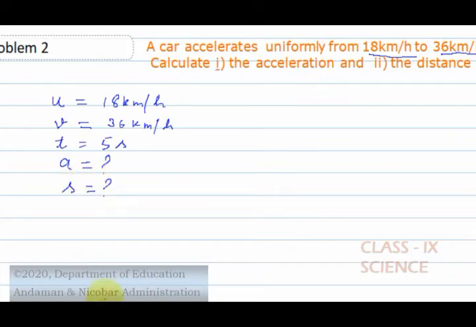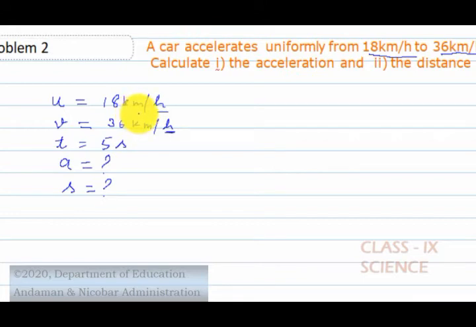Right? Now, before going to solve this numerical problem, we need to correct the physical quantities. The units need to be seen. Firstly, you see here time is in second, and look at the time in initial and final velocity. Here time is in hour and here also hour, right? So in the last episode we have seen that the units need to be corrected before going to solve the numerical problem. So to correct the units, either we have to convert time into hour, or we need to change the initial and final velocity, which are expressed in kilometer per hour, to meter per second.